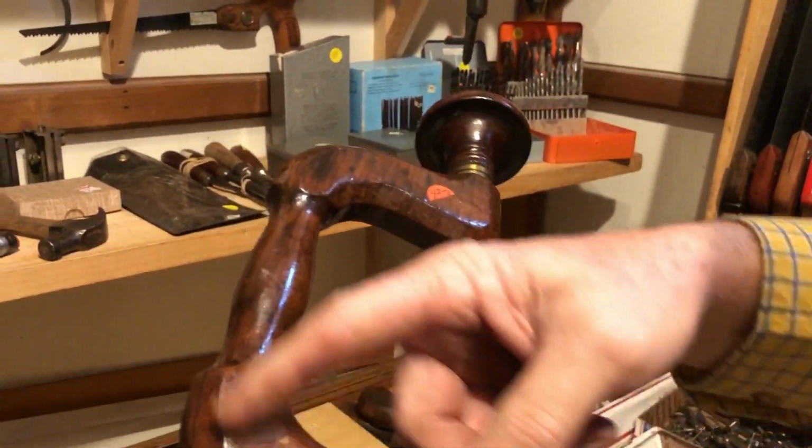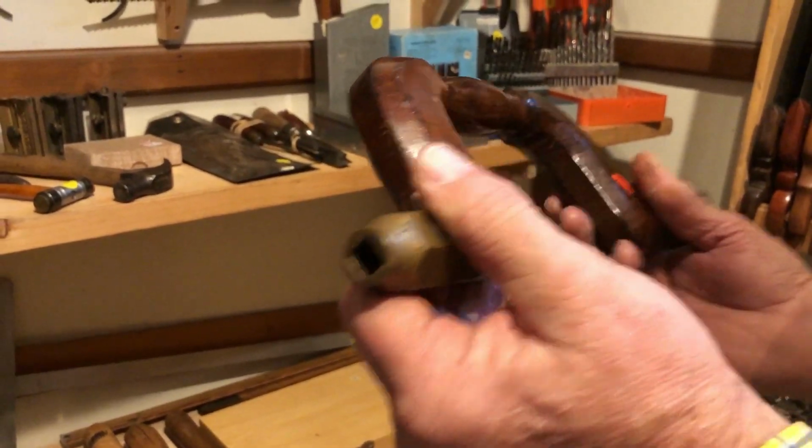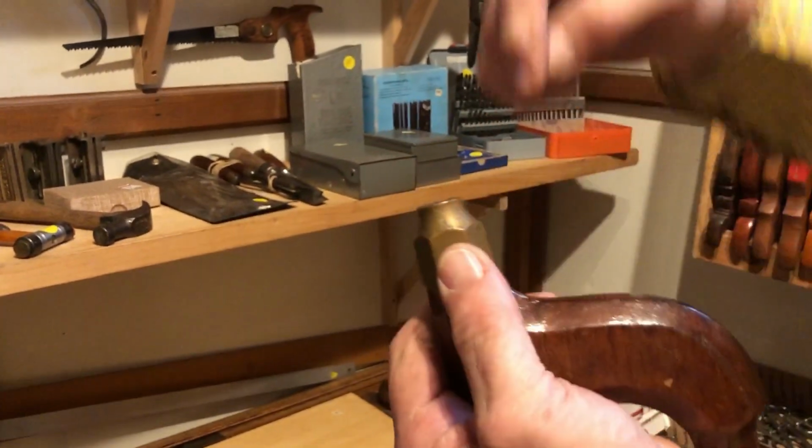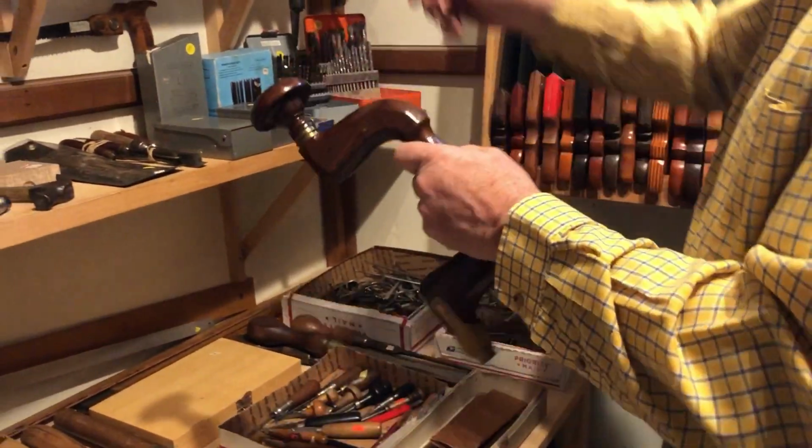Some of them were plated with brass, a little more rare to find. It has a button chuck on the end that I push. There's a little lever in there that releases, so I can lock the bit in. Where some of them,